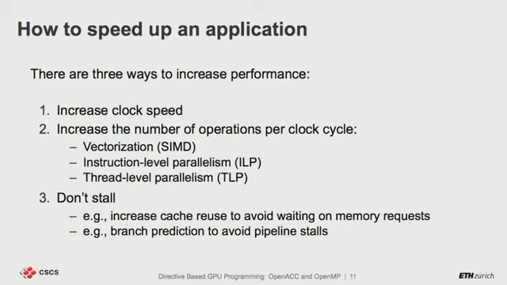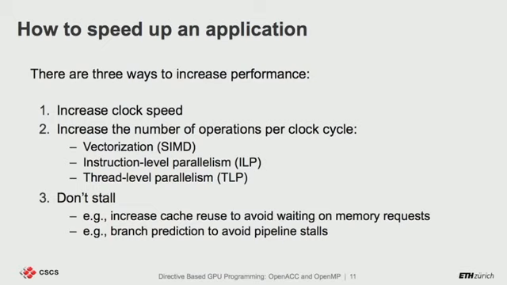So it keeps a history, and based on that history, it predicts and says, okay, I predict that the branch will always be taken. So it continues to fetch instructions, and if eventually the branch isn't taken, then it has to flush all those instructions. So these are the 3 ways, basically, that we can increase